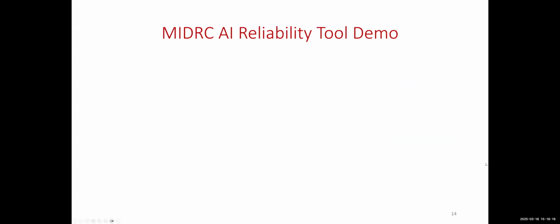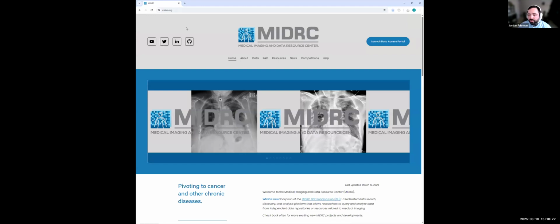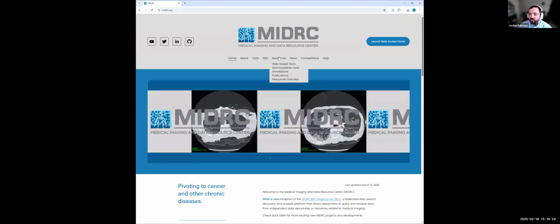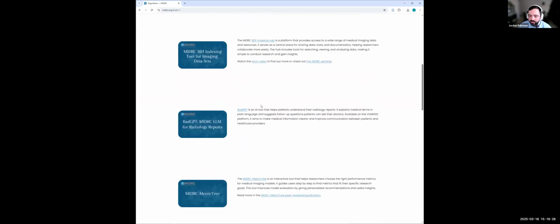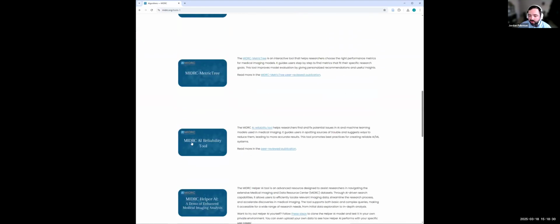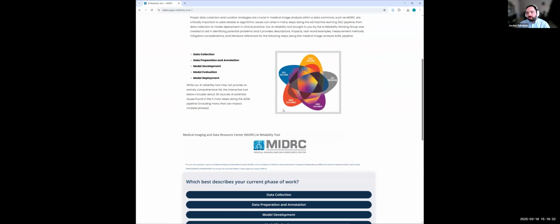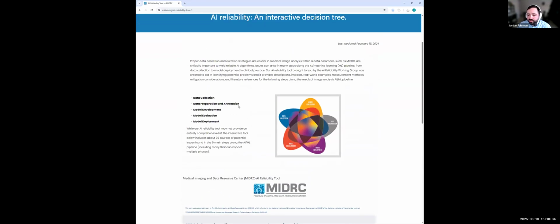Okay. So starting again at the midrc.org homepage, we can go to resources. This is also a web-based tool. If I scroll down to the MIDRC AI Reliability Tool and choose that, we have a nice introduction here that some MIDRC investigators have put together